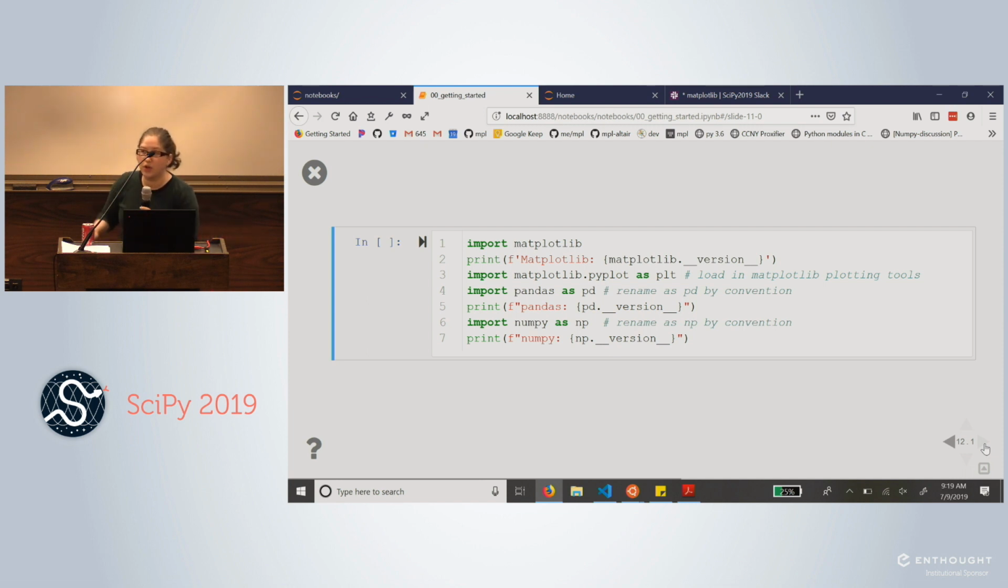So, versions. Anyone have a guess why we want to print the versions here right at the top? Yeah? Compatibility, right? Make sure that we are running the right versions consistently. Kinda. Anyone else? Close to compatibility. It's that